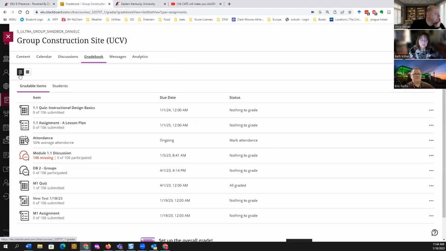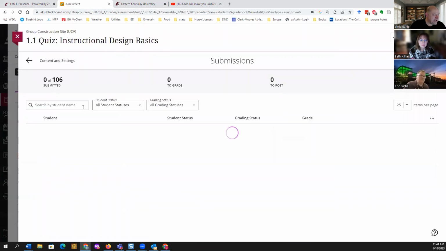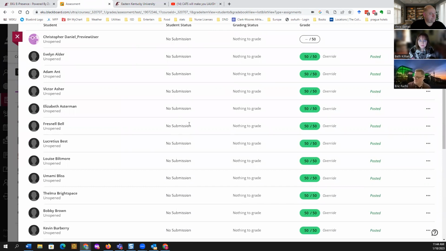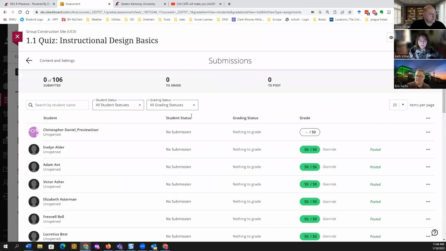So back to gradebook. List view is a presentation of gradable items on a list. When you click on a particular item, then you can see student progress and you can grade based on that.